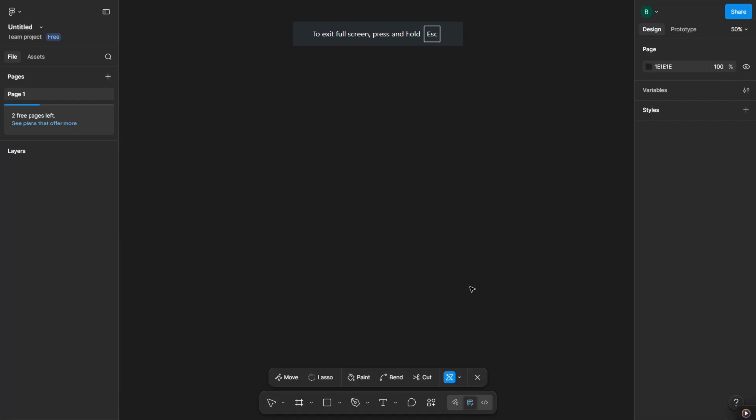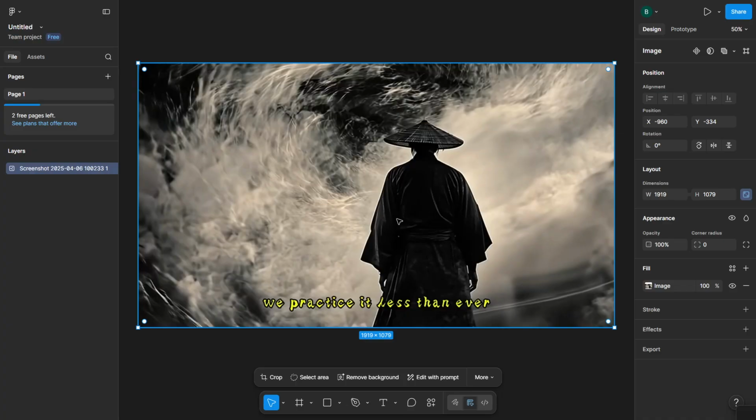In today's video, I'm going to teach you how to convert a screenshot to editable Figma using a special plugin